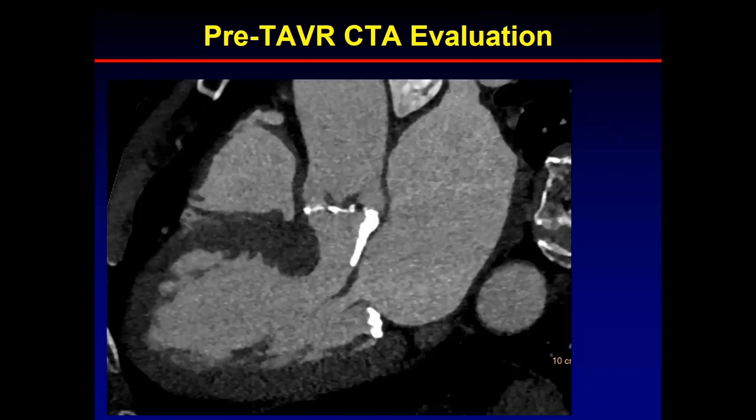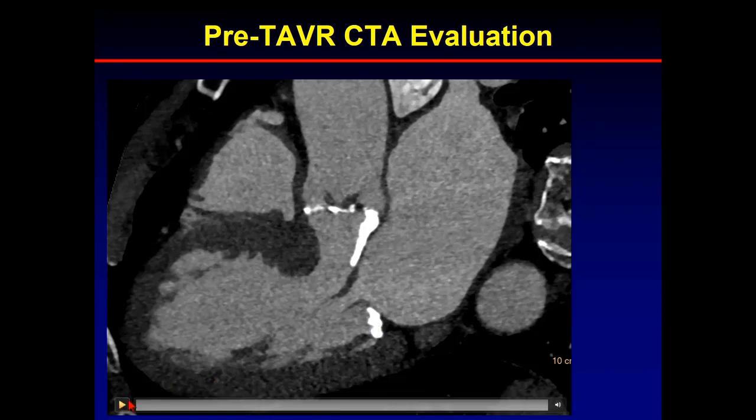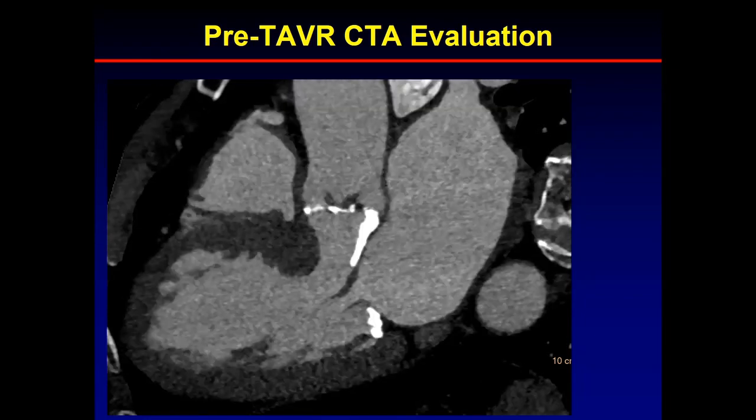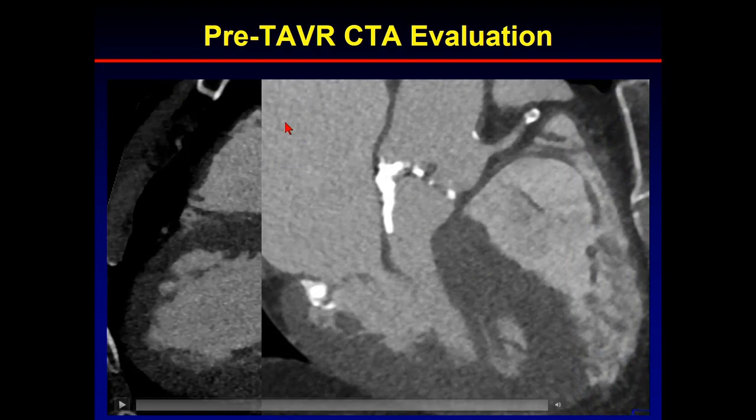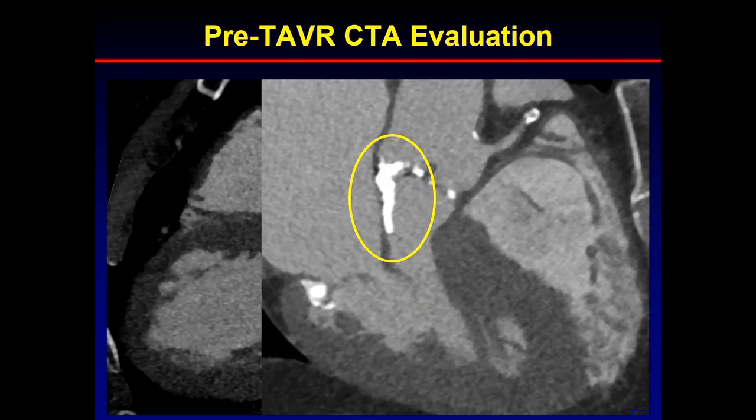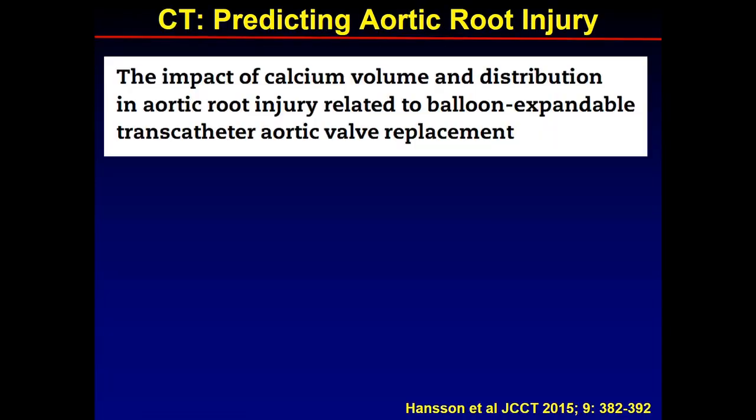There is significant MAC. And I hope you all recognize that there's also significant subvalvular calcification that extends really all the way down into the LVOT and even affects the anterior leaflet of the mitral valve, and very, very dense. So you can see that better here. In this particular view, all of this in terms of calcified valve and extensive subvalvular calcification. And this was along the non-coronary cusp and again involved the anterior leaflet of the mitral valve as well.